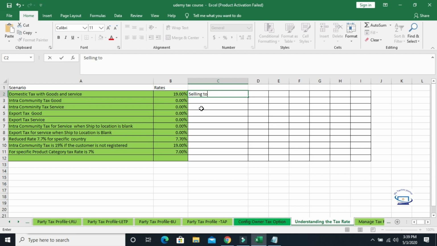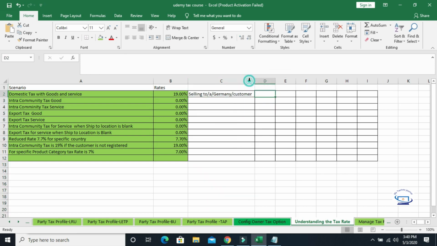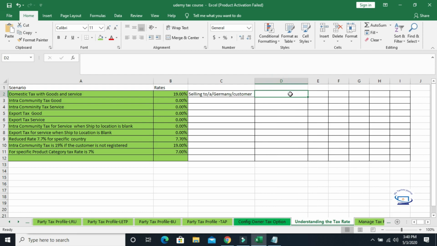selling to a German customer. Okay. So here the geographical location of that customer, like the bill to address and ship to address for that customer, will be Germany.